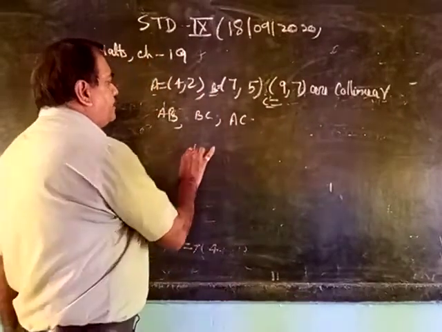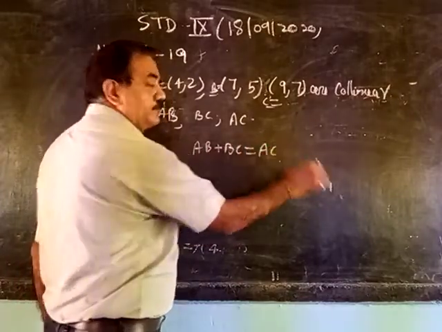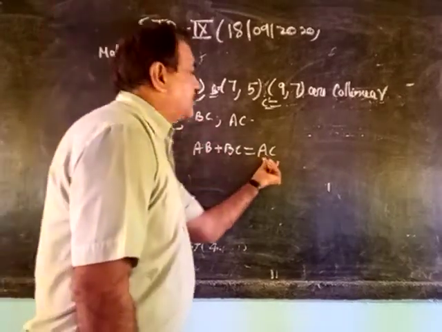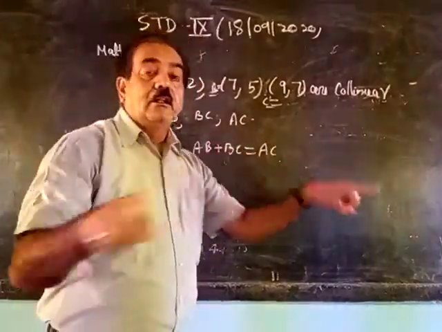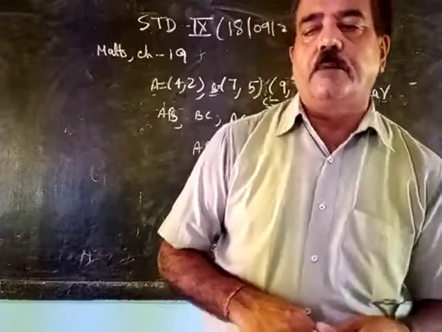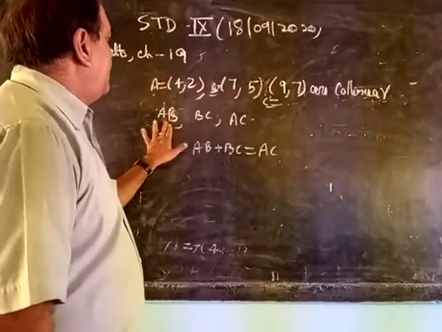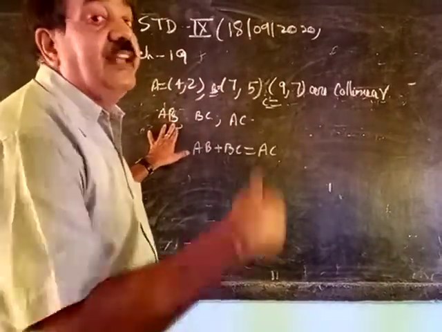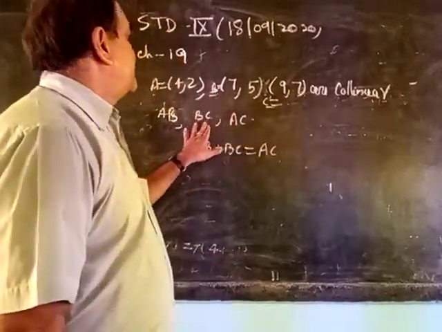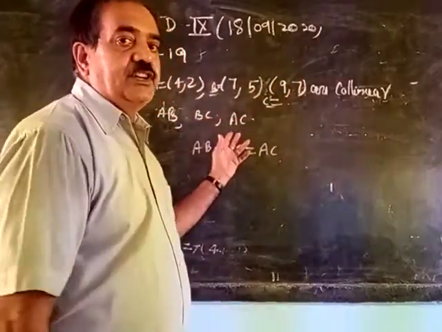Now listen, if AB plus BC is equal to AC, meaning the sum of distances of two segments AB and BC is equal to the third, AC, then the points are collinear. Do you follow? So if three coordinates are given, you have to check for collinear points. First find the distance of A and B using the distance formula. BC means distance of BC. AC means distance of A and C, using only one formula, the distance formula.